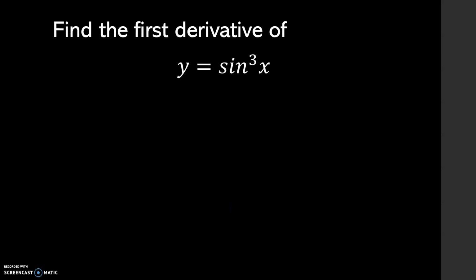Ooh, find the first derivative of sine cubed. This I've got. This seems easy because this is only one function inside of another function. So I'm going to work outermost in. Well, maybe we'll do this the long way and then really quickly the short way. So y is equal to u cubed if u is equal to sine. dy du is 3u squared, and du dx is cosine of x,